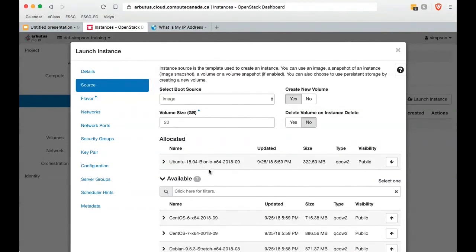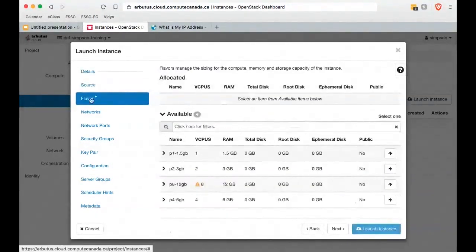So I'm booting from an image. That image is Ubuntu 18.04, the full version. I'm creating a new volume. That volume, I'm going to set a size of 20 gigabytes. The core thing here is that it needs to be big enough to hold the operating system plus any storage you want. You can expand the volume size later, but it's a bunch of clicks and it's a hassle. It's probably best avoided. So I'm going to throw in 20 and make sure that I'm solid. And I don't want to delete it after.